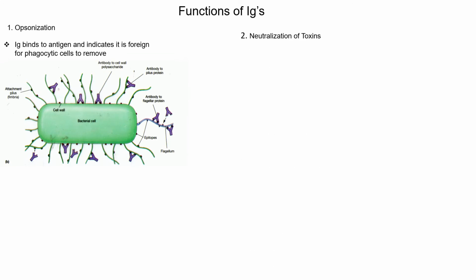The second means is neutralization of toxins. Opsonization works fine when the organism is present in diseases caused by direct action. But when toxins are produced, now the antibodies have to function in a different manner. Now, toxins are much, much smaller than antibodies. As you can see in the previous picture, an antibody is so small, there's no way it can physically harm the cell by itself. But neutralizing toxins is different because toxins, remember, are proteins or lipopolysaccharides. They are molecules. They are much, much smaller.